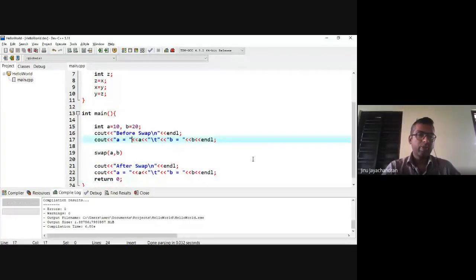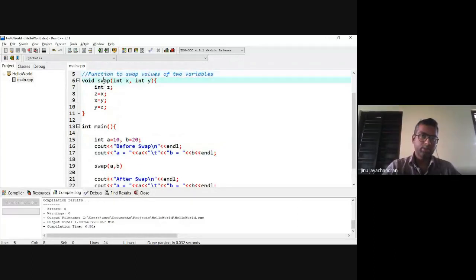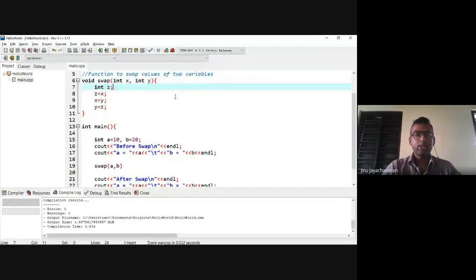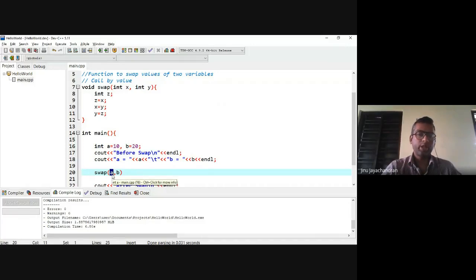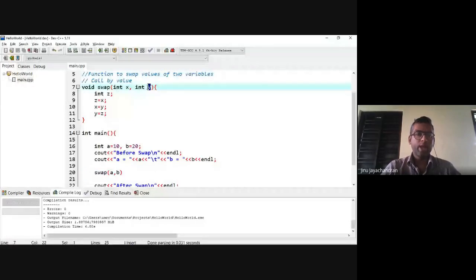And remember, whenever a function like swap is called with arguments, the value of the first argument is copied to x, and the value of the second argument is copied to y. This is called call by value, where you are copying the values. You are not changing the values inside the actual memory address of a. Instead, you are copying the value of a to a new memory address called x, and similarly copying the value of b to a new memory address called y. This is how call by value is done.